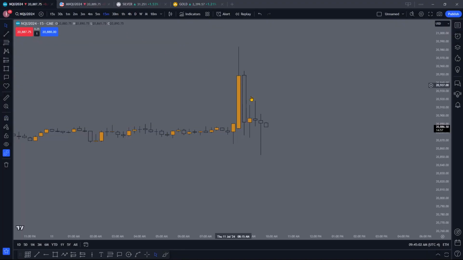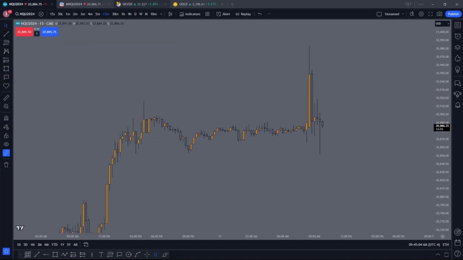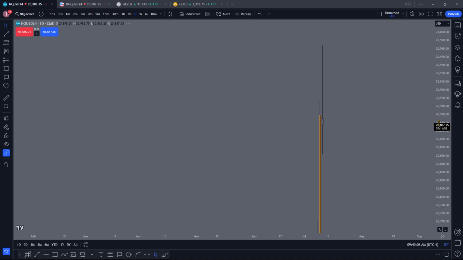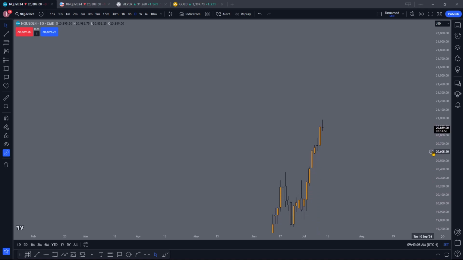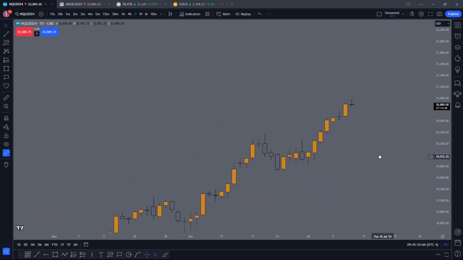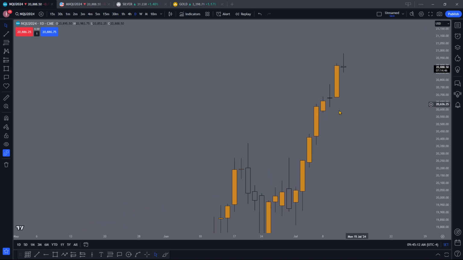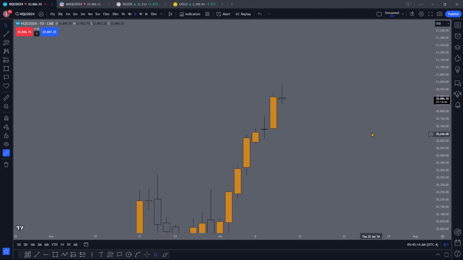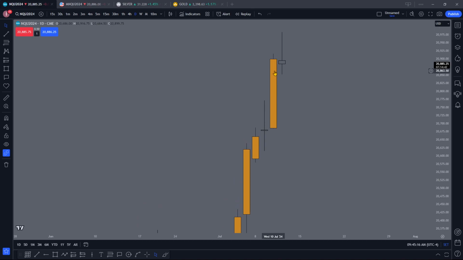Let's get into tape reading. Okay, so let's look at the daily chart. Okay, so yesterday was a huge expansion day. We had lots of up movement, lots of momentum,